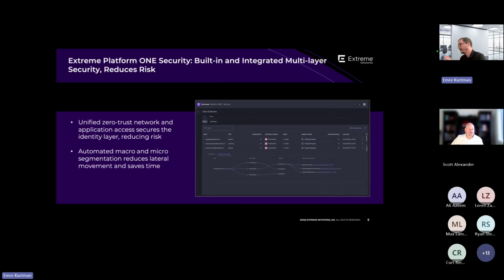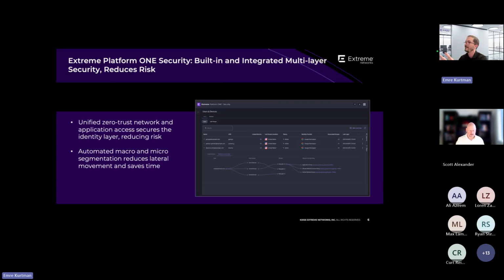So I would like to briefly touch upon the security piece as well. This is not the topic of today, but it's important to mention that security is also bolted on this same platform, right? Extreme Platform One and Extreme Platform One Security use the same framework, even though they are two different applications.